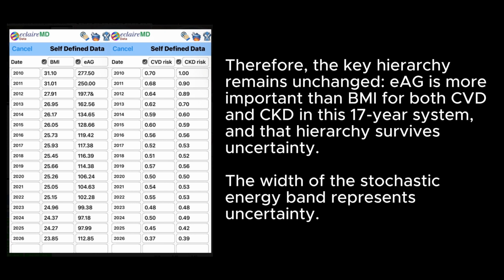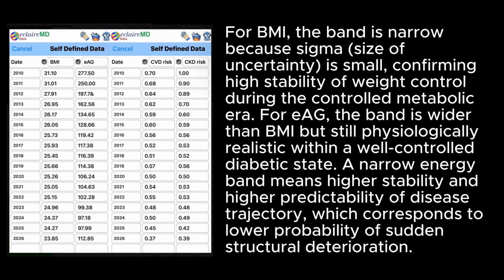Therefore, the key hierarchy remains unchanged. EEG is more important than BMI for both CVD and CKD in this 17-year system, and that hierarchy survives uncertainty. The width of the stochastic energy band represents uncertainty. For BMI, the band is narrow because sigma size of uncertainty is small, confirming high stability of weight control during